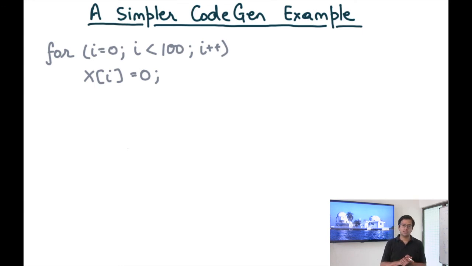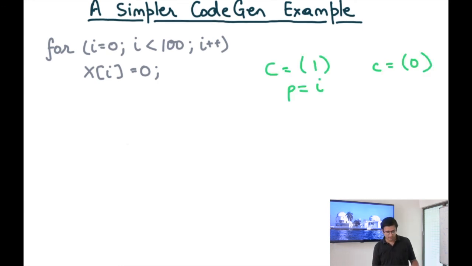What will the space partitioning algorithm do for this example? It will say, okay, what is the iteration space? It's I from 0 to 100. So what is the mapping function that obeys the data dependencies? Notice that there are no data dependencies across different iterations. It's an embarrassingly parallel loop. So I'm going to get a full rank solution for my space partitioning constraints. The rank here is only 1. The loop nest depth is only 1. So the solution is just